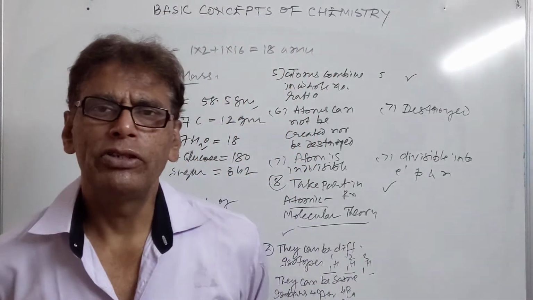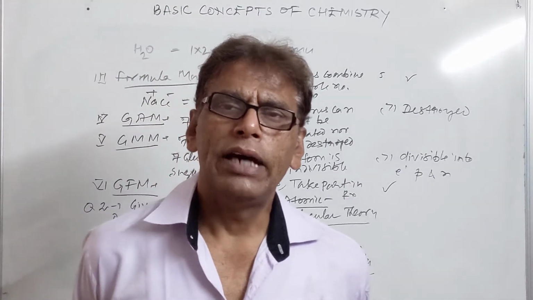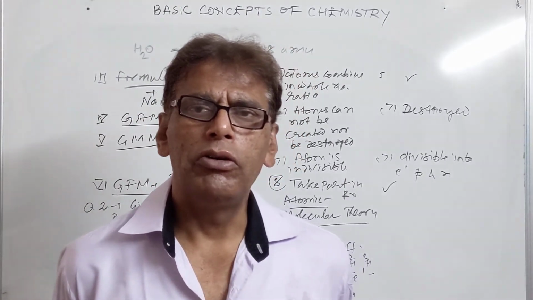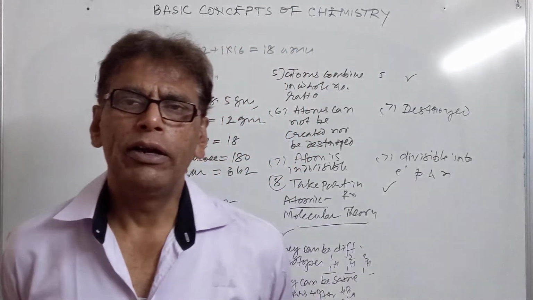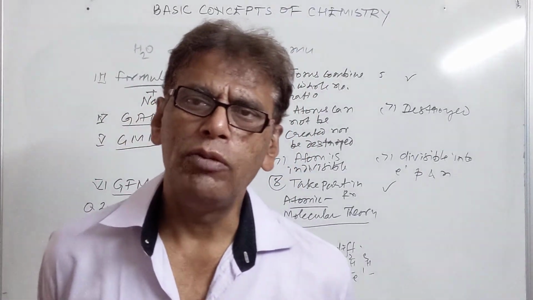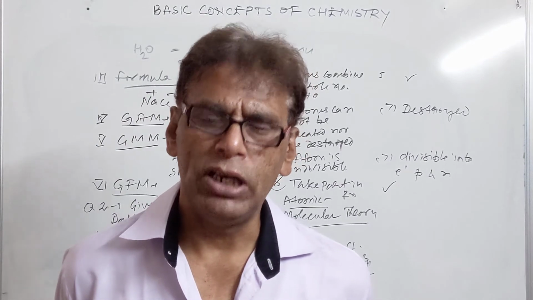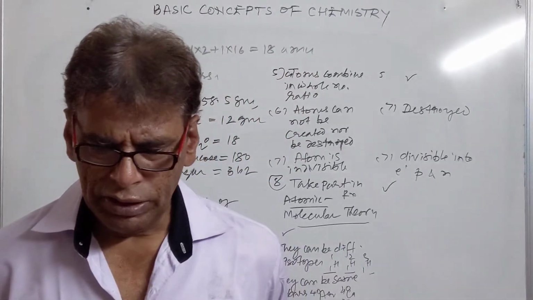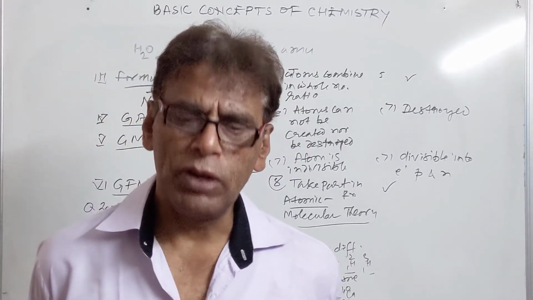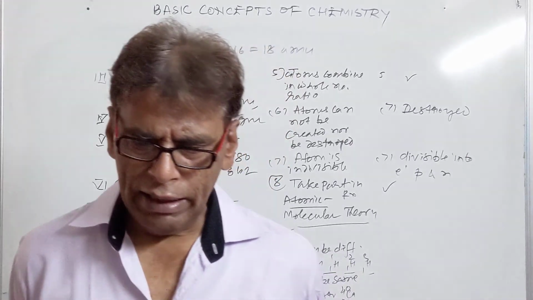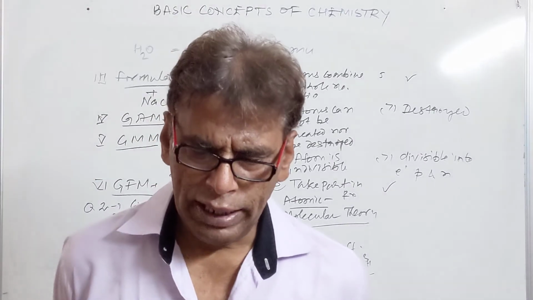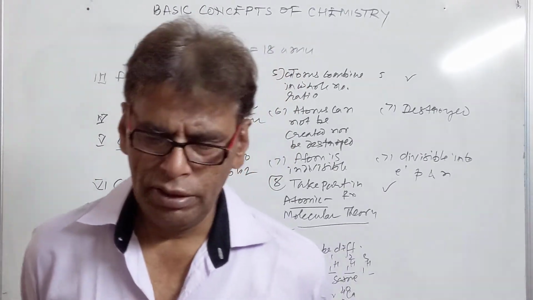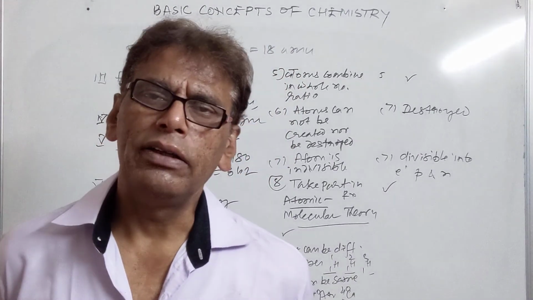So up to now we have studied atom, molecule, types of molecule, homoatomic molecules, heteroatomic molecules. Then we studied the atomic mass unit scale and atomic mass, molecular mass, formula mass of compounds. Then we studied gram molecular mass, gram atomic mass, gram formula mass, and after that the two theories, Dalton atomic theory and modern atomic molecular theory. Now the next topic will be the mole concept.